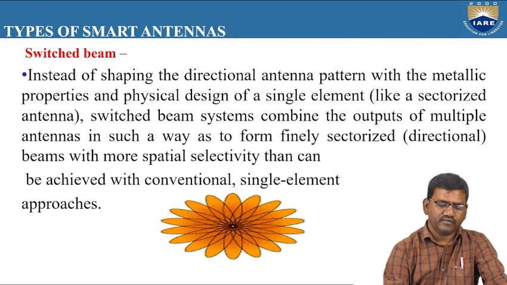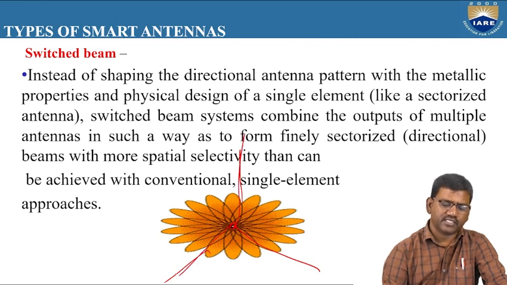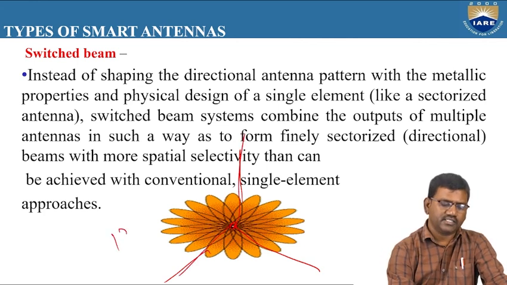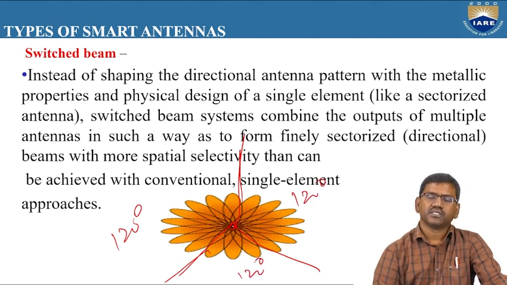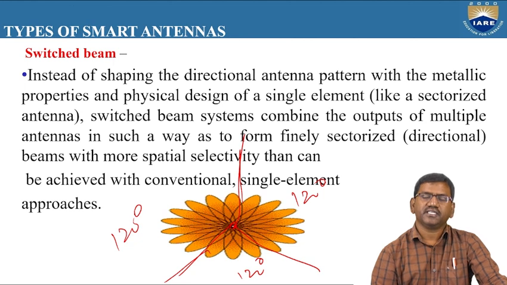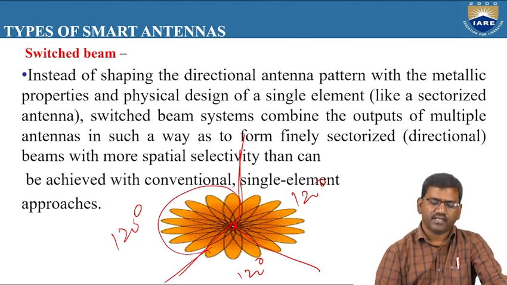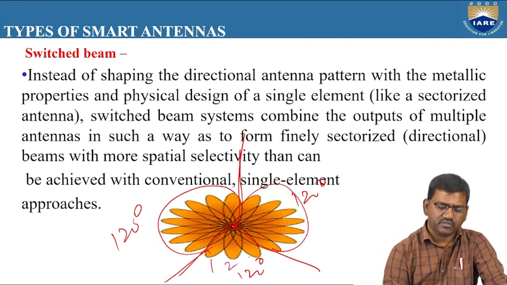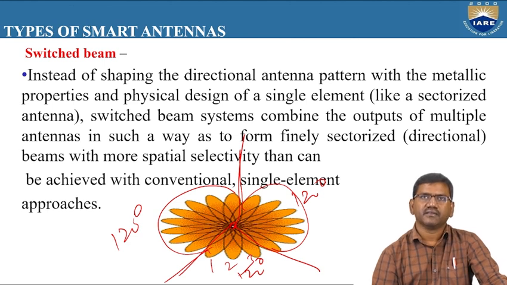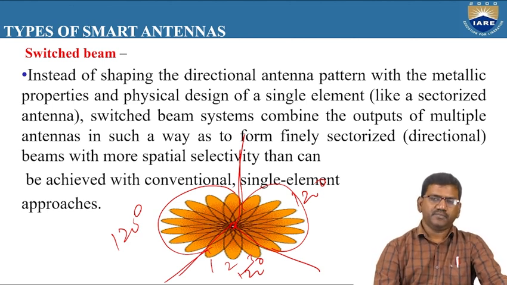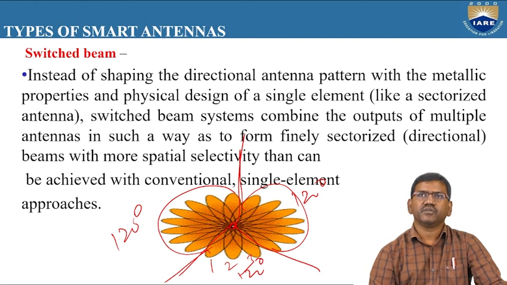You can see here, you can divide this total into three sectors. This is one sector, this is one sector, and this is one sector. Let us say this is 120 degrees, this is 120 degrees, and this is 120 degrees. So the total 360 degrees is divided into three sectors. These are known as fixed beams. And these are fixed beams in this sector. And there are only three beams, 1, 2, and 3 in this sector. Right? So these beams can be used only by a limited number of users.